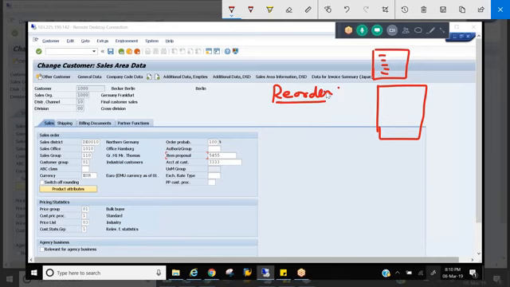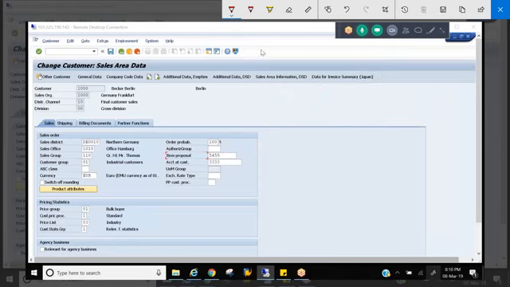Instead of that, just click on the reorder button. Groceries from the last month would be copied here. If you have any change in the quantities, you can change them, or if you don't want some item, you can delete it. But rather than entering all the items, you can copy this. So how quick it is, right? Item proposal works the same way.